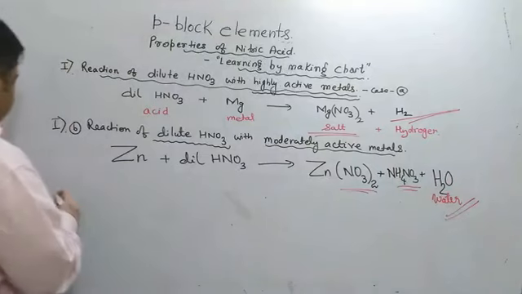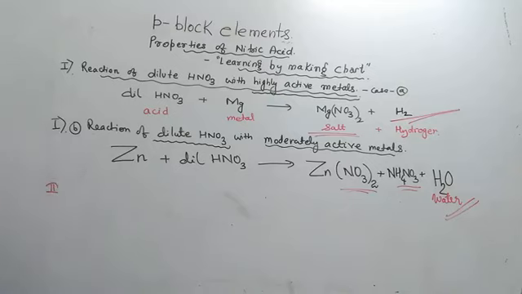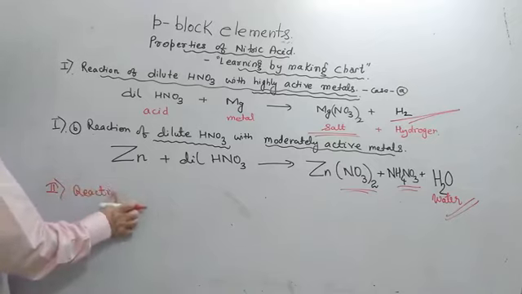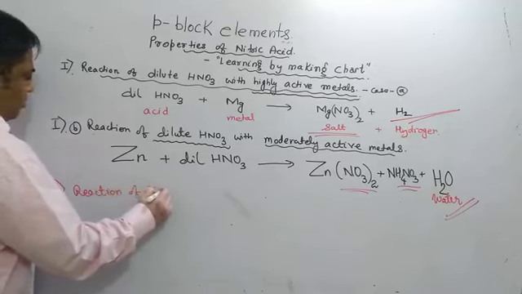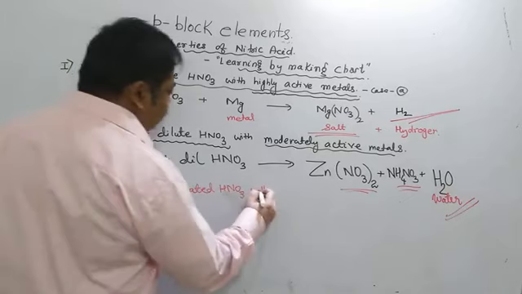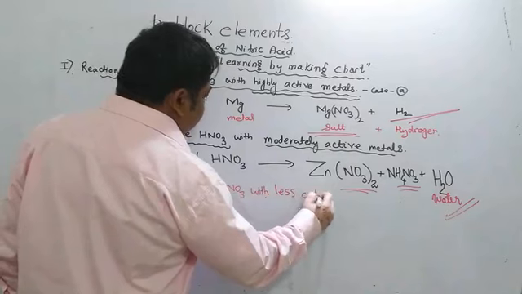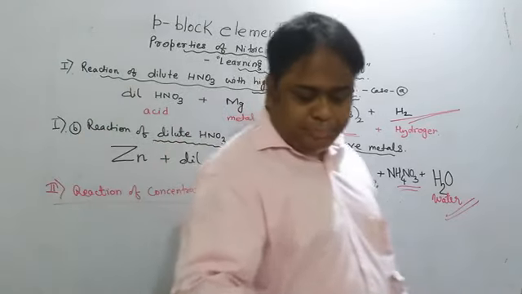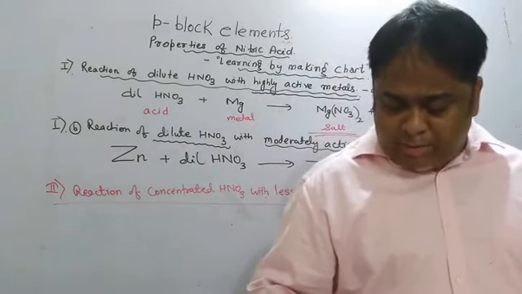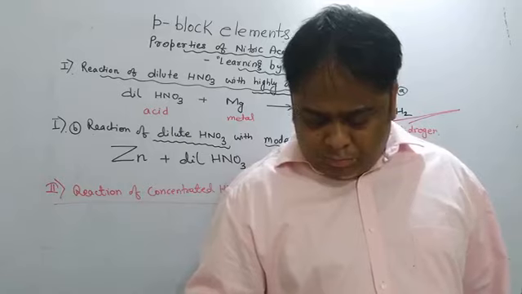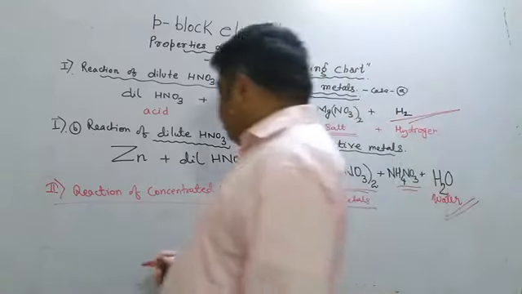We can take maybe case 2. Reaction of concentrated nitric acid with less active metals like silver, lead, or copper. Okay, so if I take silver plus concentrated HNO3, that is the difference,